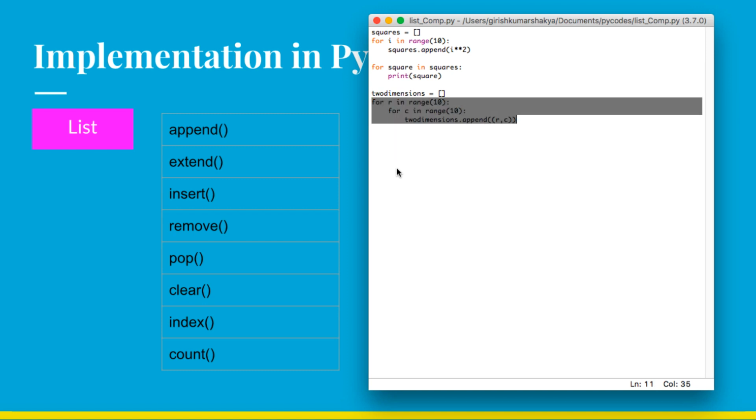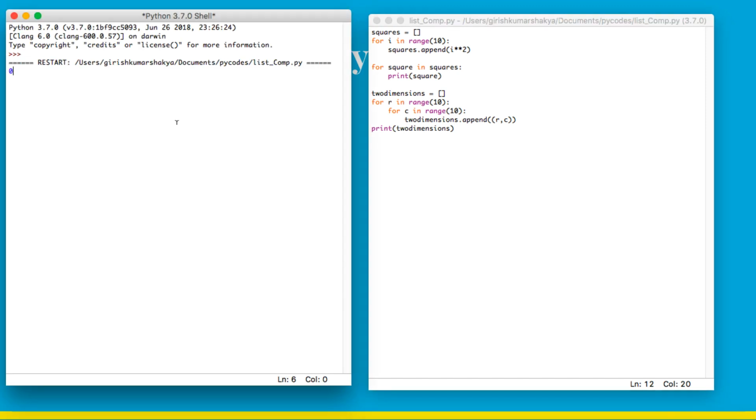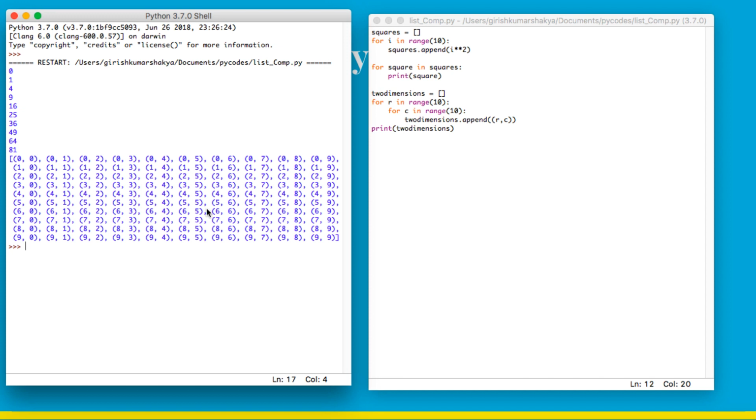So here I will copy this loop, paste it here. We didn't need this loop, and let's say for r, or you can simply print it. See, print, and you can use here 2 dimensions. Let me run it. So you can see here, this is the 2 dimensions. All right. So this is how you can work with the list, and we will talk about some more data structures